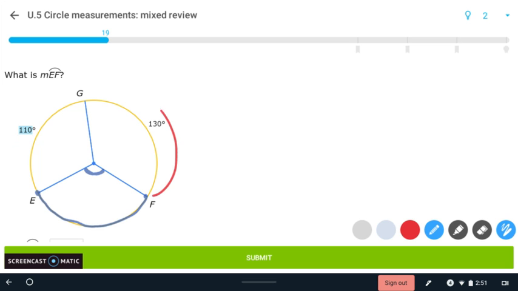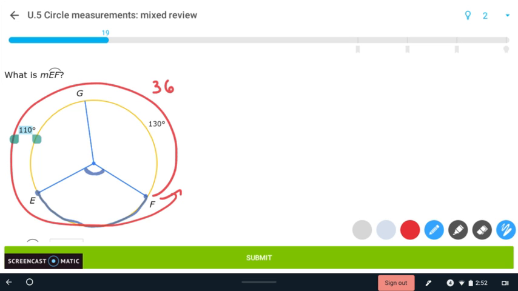If you go all the way around the circle, how much is that? I can hear you saying 360 degrees. That is correct. So for this problem, we know 360 degrees, and we want to subtract the 130 and subtract the 110 and figure out what's left. So we're going to do 360 minus 130